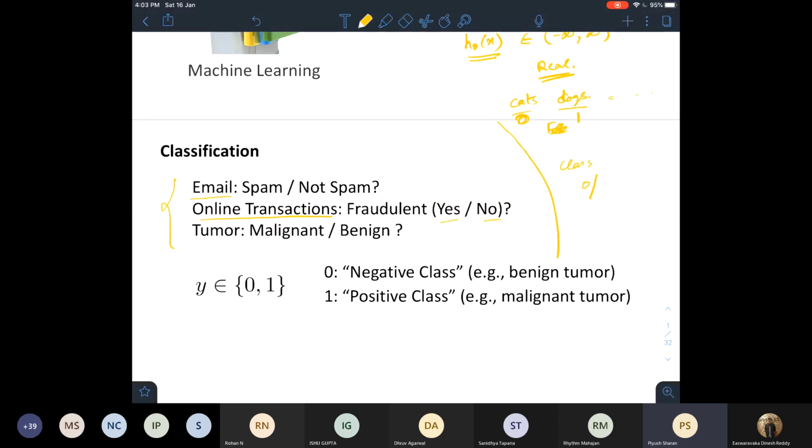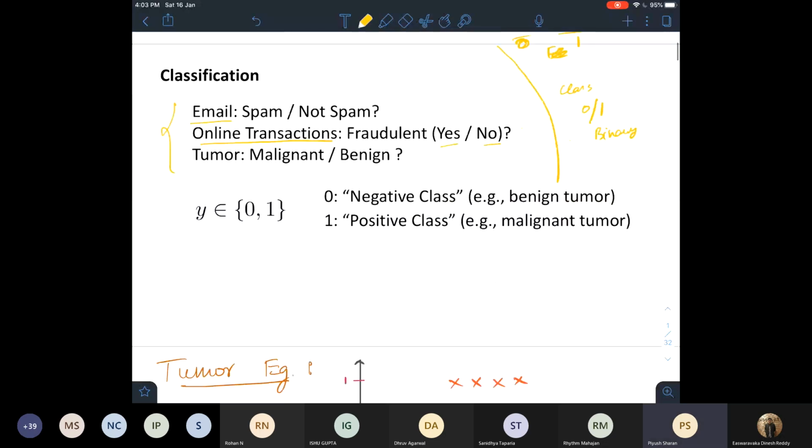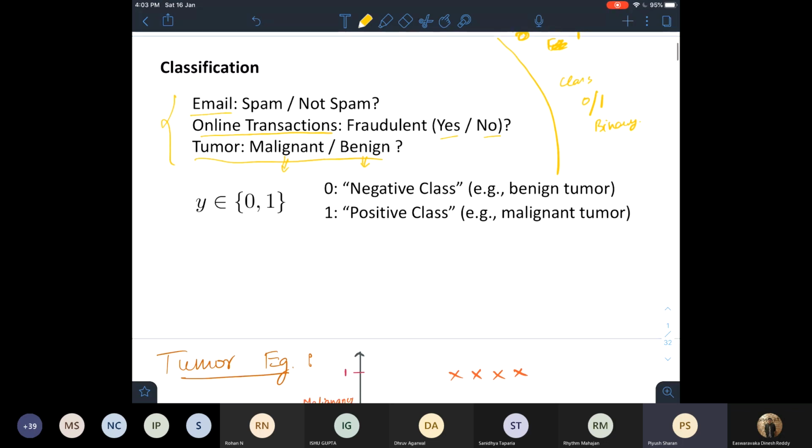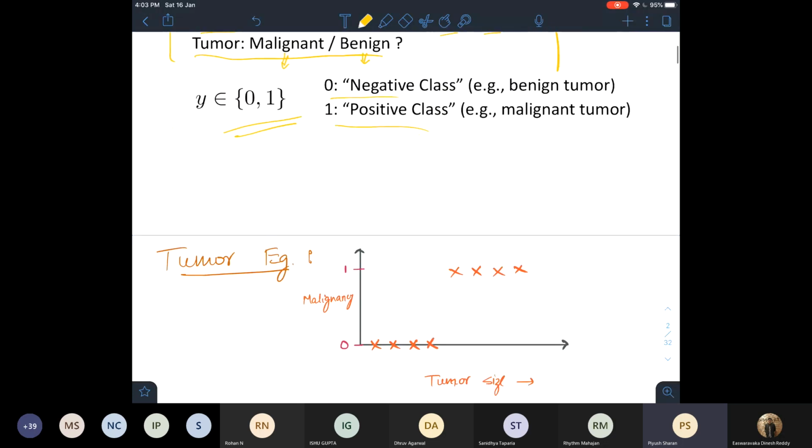This is called binary classification or 0-1 classification. We are not considering multiple classes for now. Similarly, another example is classifying a tumor, it can be malignant. Malignant means that the tissue has a tumor, and benign means it is just a lump and it's not harmful. Again, for now we'll only be considering binary classification.